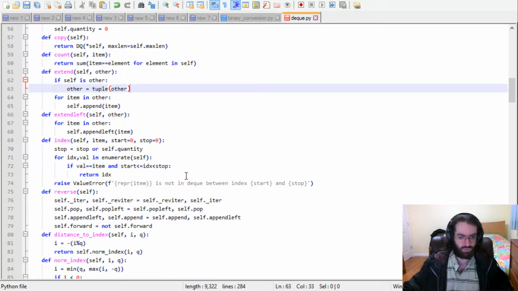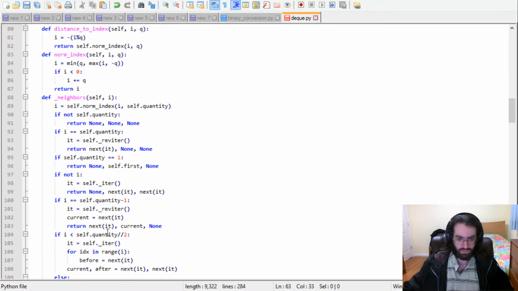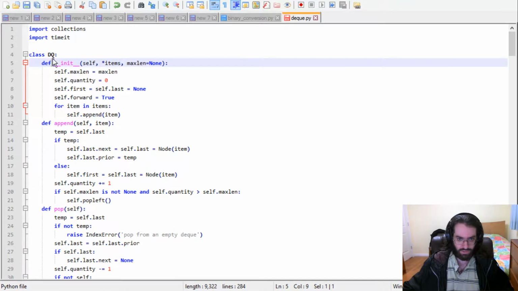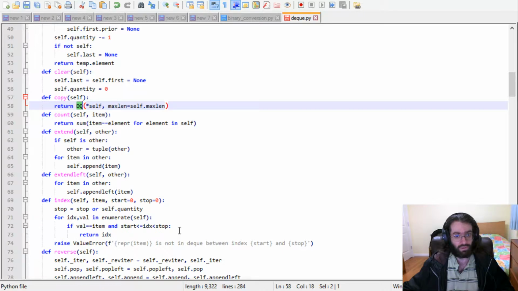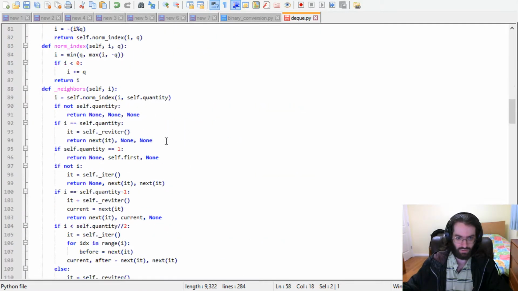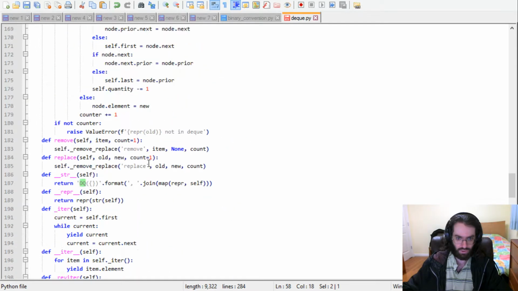Cool. That's one change. Another change is, where can I find an example of this? This is our class name, Deque, and then I refer to it in here. What if I decide to change the name of the class to Deque, for example? Then I would have a module Deque with a class Deque, and you would do import Deque, and then my data equals Deque.Deque instead. Maybe you do that. So instead of hard coding Deque here and in a few other places,